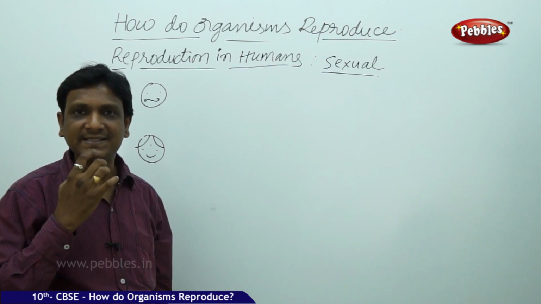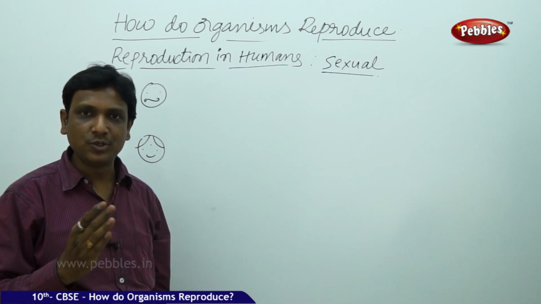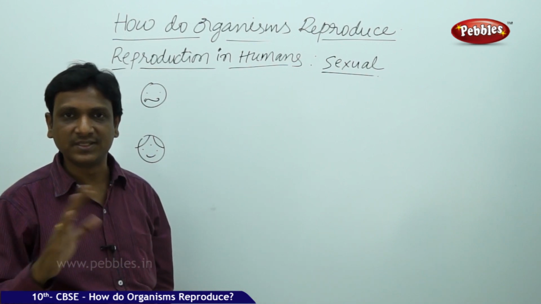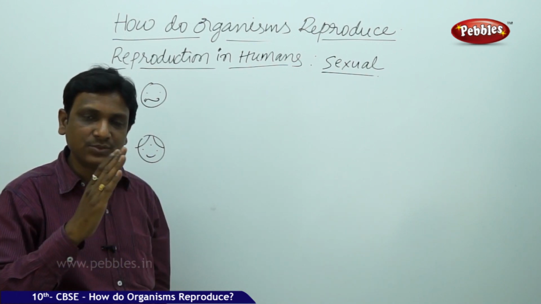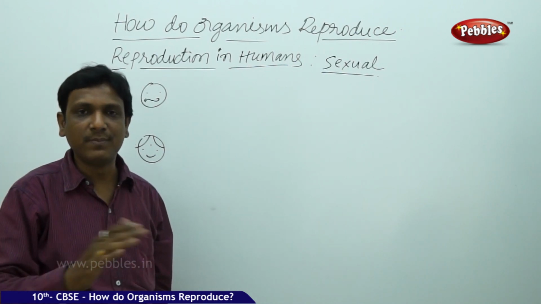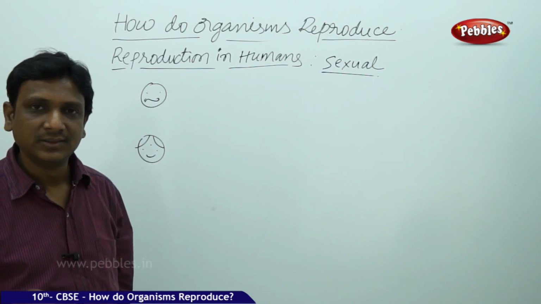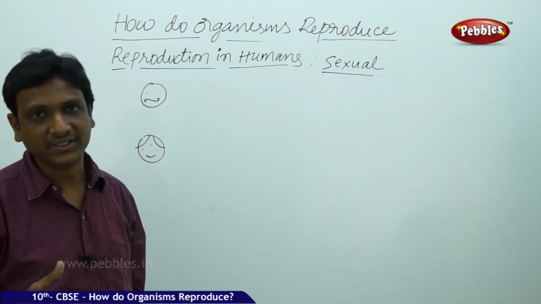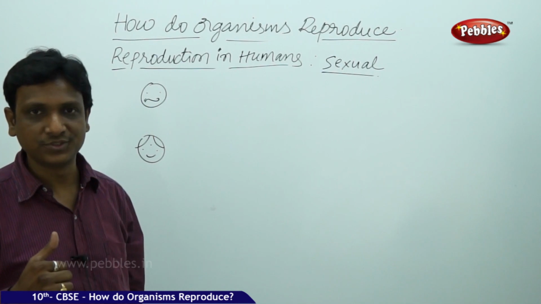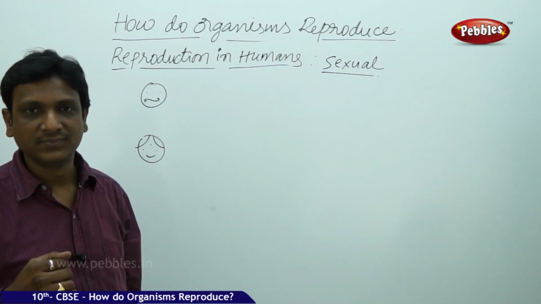So why does the baby get teeth only at 6 months of age? Of course, it may differ from baby to baby, at 5 months, 6 months, or 7 months, depending upon the nutrition and other conditions. But only at that point it is initiated. That is because of hormones. The baby grows into a kid, right?